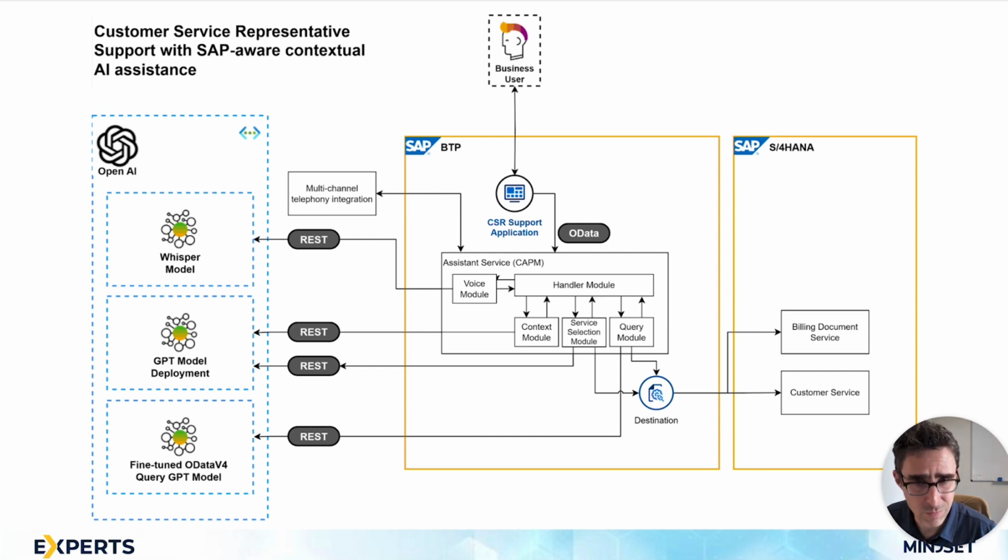And then we would build a query module that would use either GPT-4 or GPT 3.5, which is pretty iffy for generating queries, but a fine-tuned version of GPT 3.5 would work well for generating the actual OData query for the selected service based on the service metadata document to answer the question that we're trying to get answered, given the context we're trying to provide. So you can build these out and make them really, really flexible and make them really dynamic.